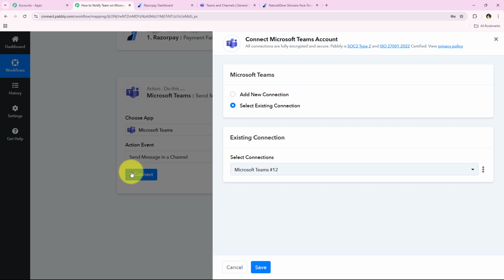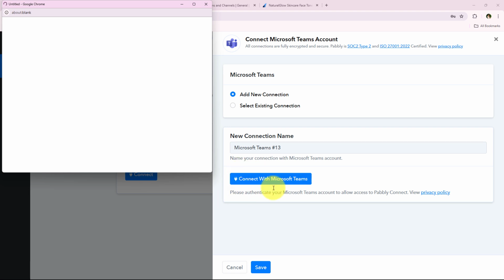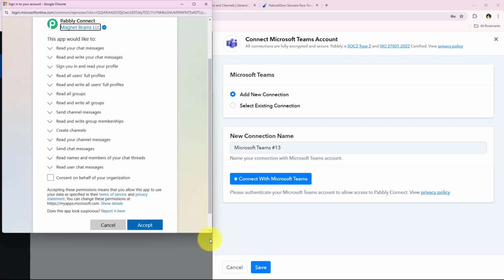As I click on connect, it is asking me to add a new connection or select an existing connection. So if you have already connected your Microsoft Teams account with your Pabbly Connect workflow, you can click on select existing connection and then save. But if you haven't, you have to follow me, click on add a new connection, and then click on this button which says connect with Microsoft Teams. As soon as we click on this button, you can see that Pabbly is asking me for some permissions. So I'm going to click on accept and give Pabbly all the permissions it is asking for,